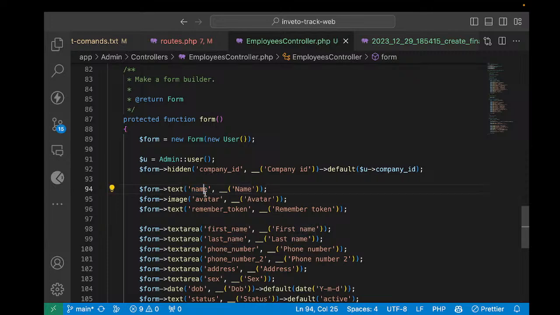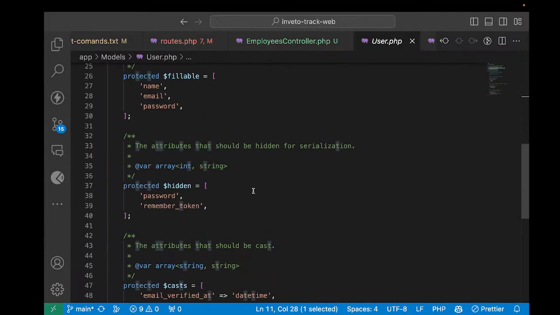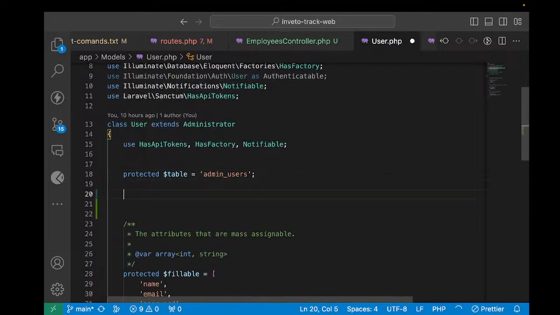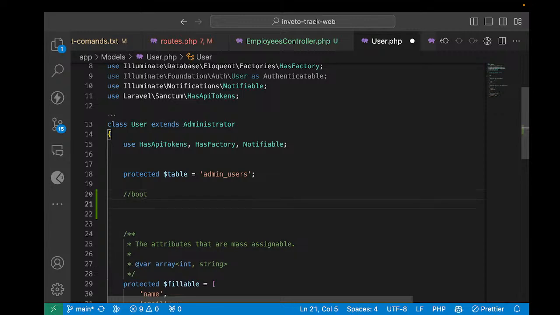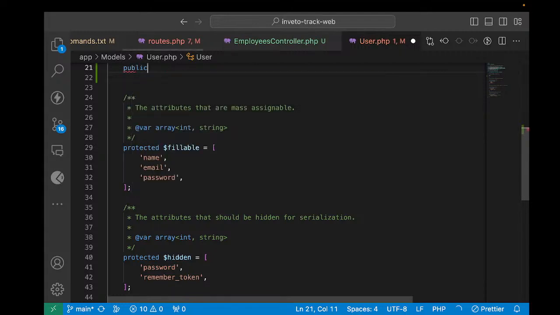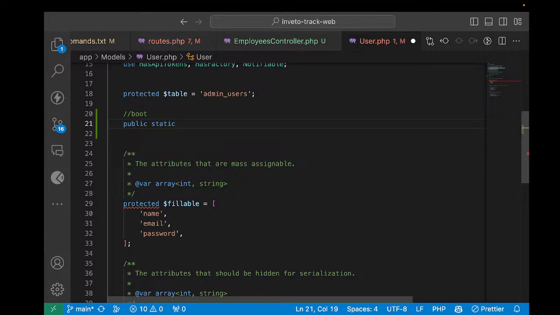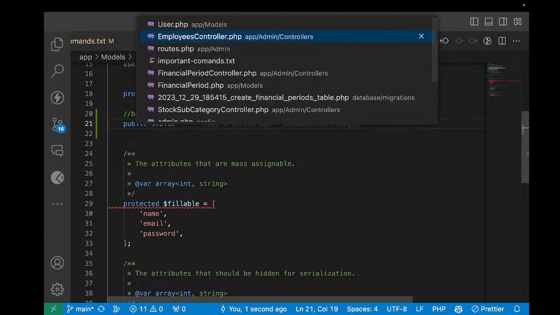Okay, so let us go ahead and do the logic where the name should be able to be generated. To do that, we shall go to the user model, and then we create a boot. It's public static function boot. I don't even know it in my head. Okay, let's go ahead and